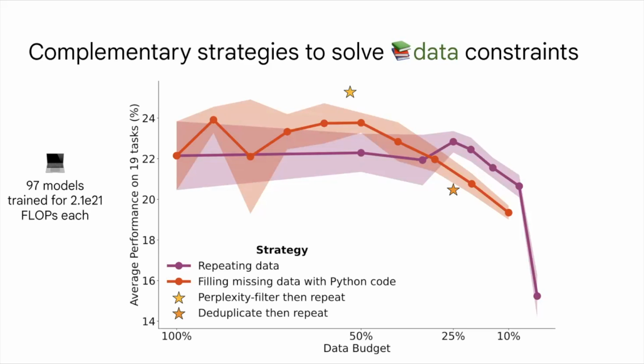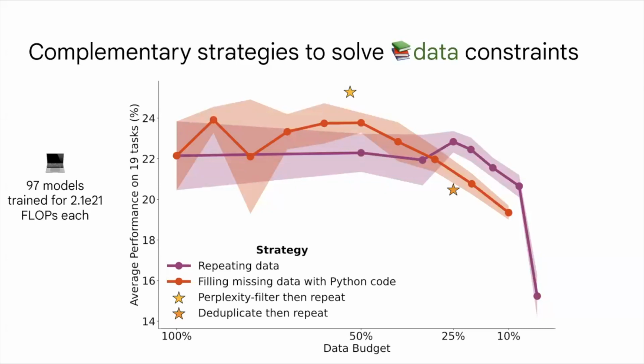And so starting with repeating data, the purple line, the first thing we see is that it confirms our findings from earlier, now on downstream data. So also on downstream data, we see that you don't get any performance penalty from doing a few repeats. At 25% data budget, we have to repeat the data 4 times. And despite that, the performance is roughly the same as at the beginning, even goes up slightly, but it's within the standard deviation. However, then eventually performance drops a lot, and repeating starts to not bring in as much performance gains. So this is similar to the findings on perplexity that we had earlier.